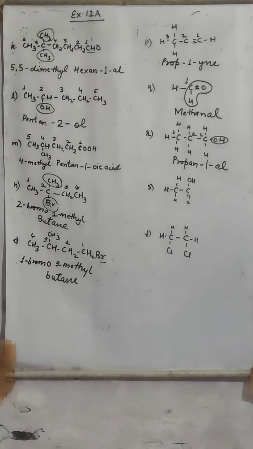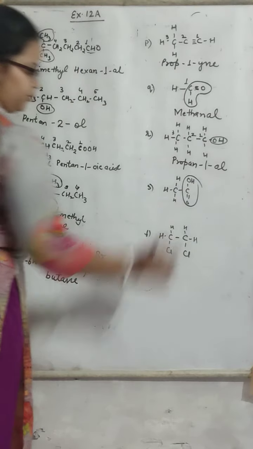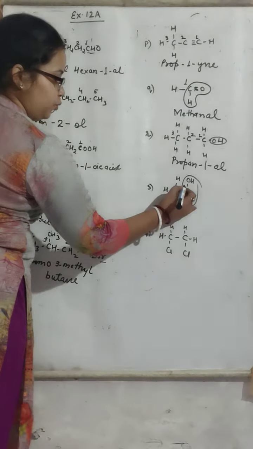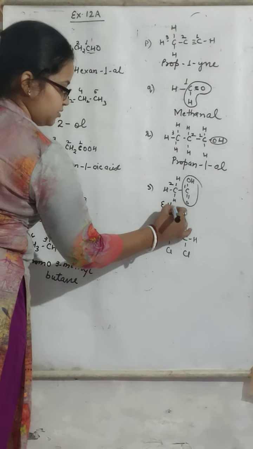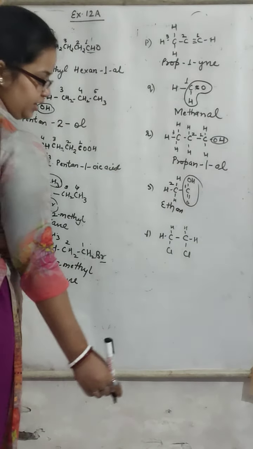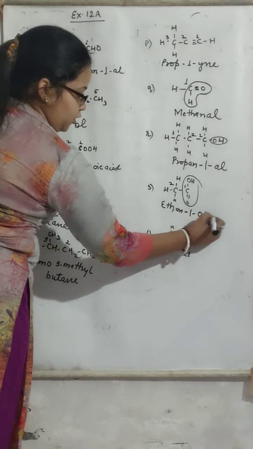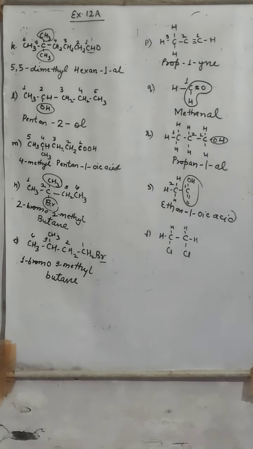Now next, it is the COOH group. It has carbon itself, that is why it will be 1 and 2. For 2 carbons we use eth. All the single bonds, so ane. At first position it is present, so ethane 1. For COOH we use oic acid. So the name will be ethane-1-oic acid.